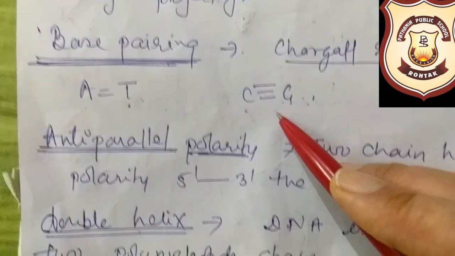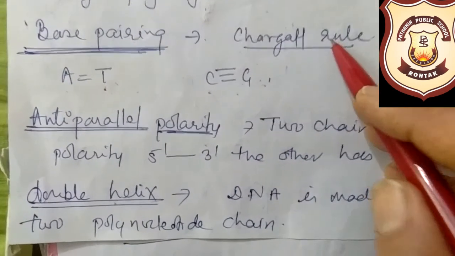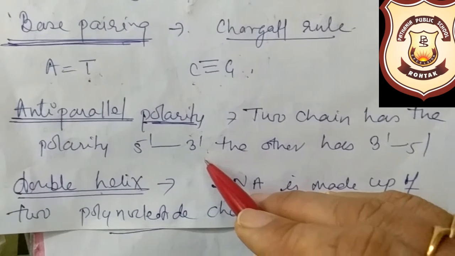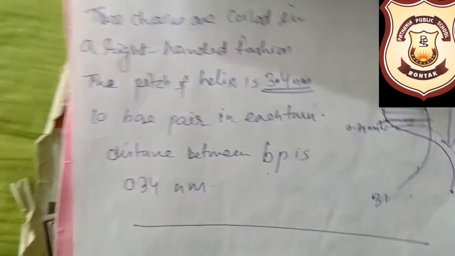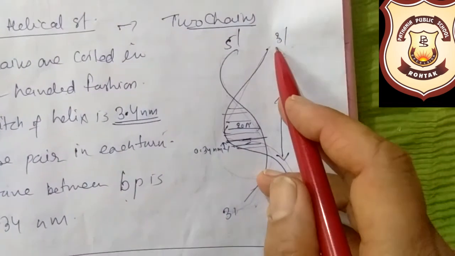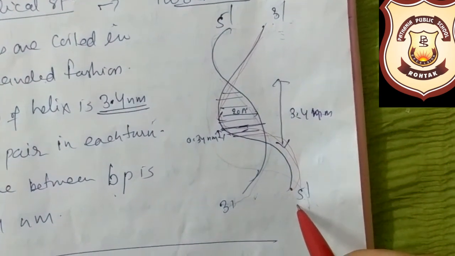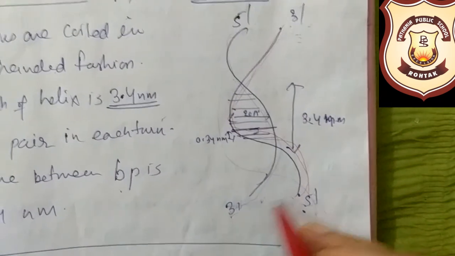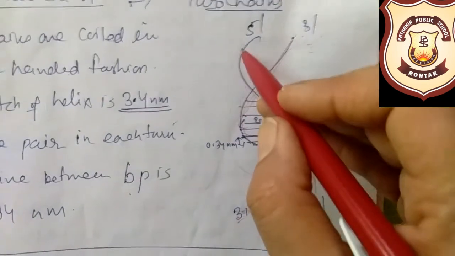Another character of DNA is called anti-parallel polarity. It means both the chains are running anti-parallel to each other. Anti-parallel to each other means what? Suppose in this diagram you can see here the 3' end is free, so you follow it, and here you can say the 5' end is free. In front of it, whatever helix is there has the opposite polarity, 3' here, and here also the opposite polarity, 5' and 3'. That can be shown with the help of this diagram.